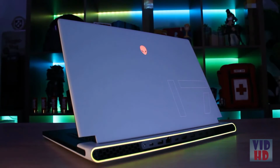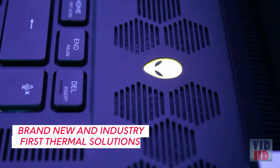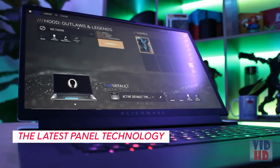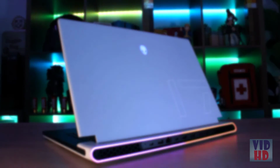The X17R1 is great for long gaming sessions because of the many notable options on the system. First, you have Intel's 11th gen Core processors and the latest NVIDIA graphics, a brand new and industry-first advanced thermal solutions, hyper-efficient voltage regulation, the latest panel technology, and of course, the ultra-low-profile Cherry keys all wrapped up in our Legend 2.0 design. To find out more information on when these systems will be available, make sure to check out